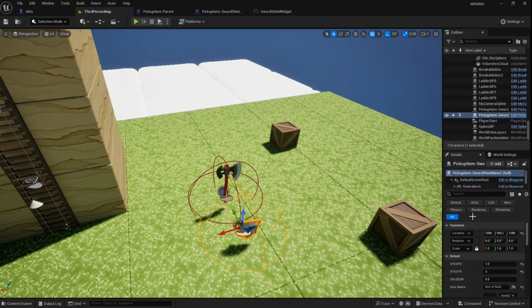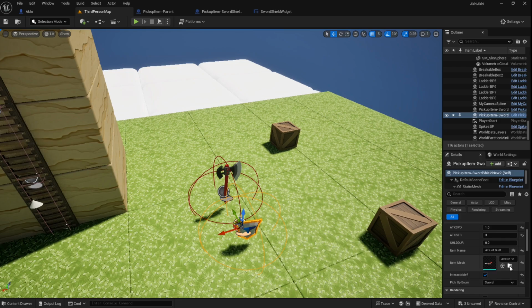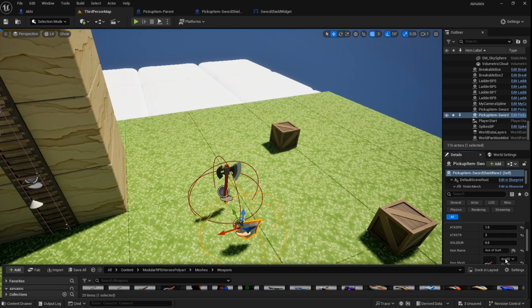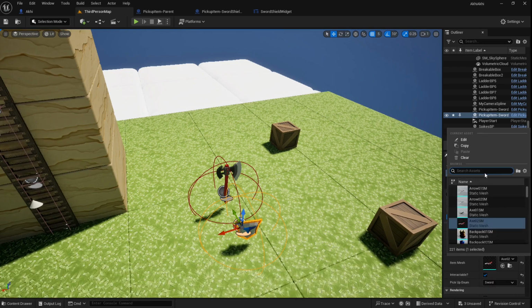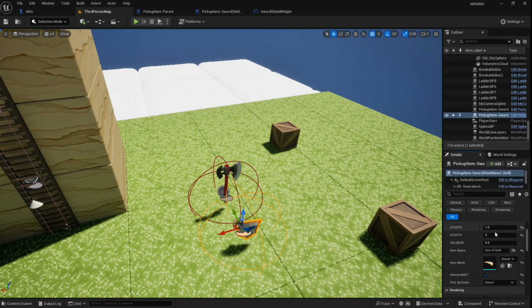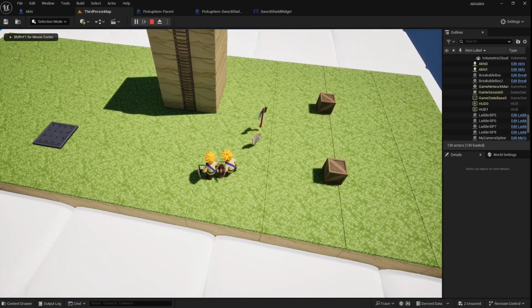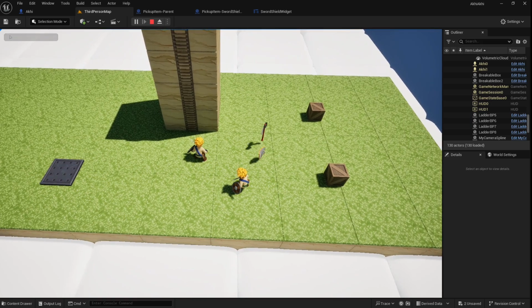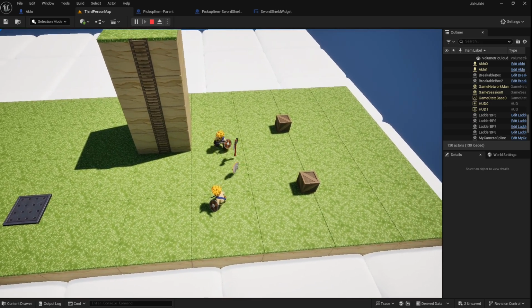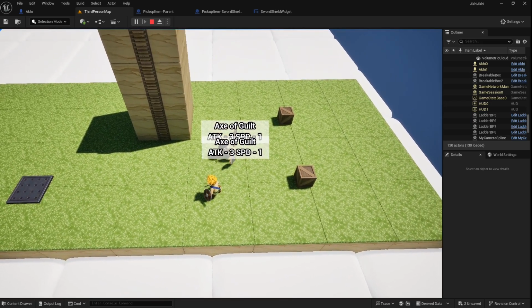Why can't I find my items now? Okay, here we go. Oh my gosh, I did the wrong thing. Let me just change it manually. Stop being lazy. Shield 5, so it matches. Shield duration, we'll put 10 seconds, even though it doesn't have any functionality right now. Compile, save, play. So we go in here. Now the first thing we interact with is the first thing we should pick up. So we got the Axe of Guilt, and we got, oh wait,